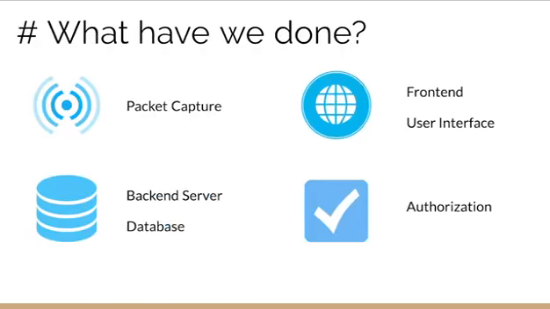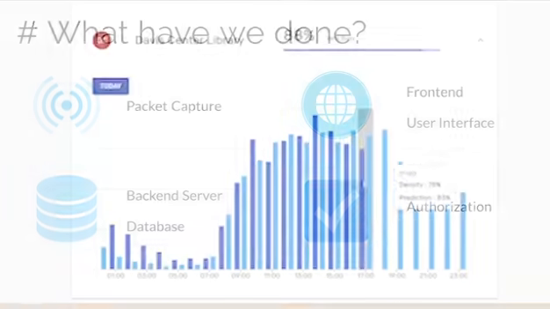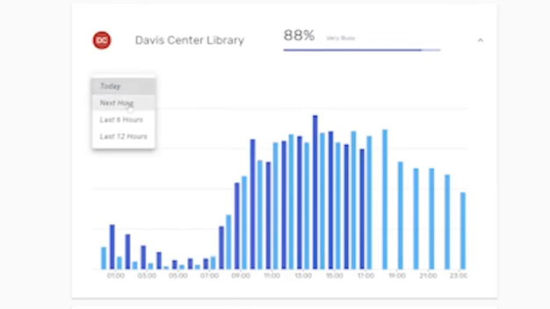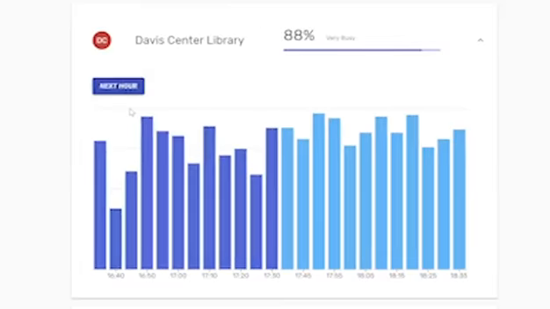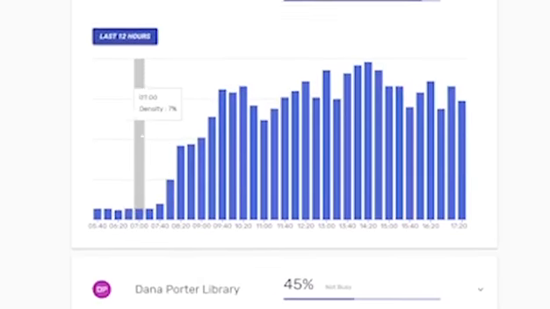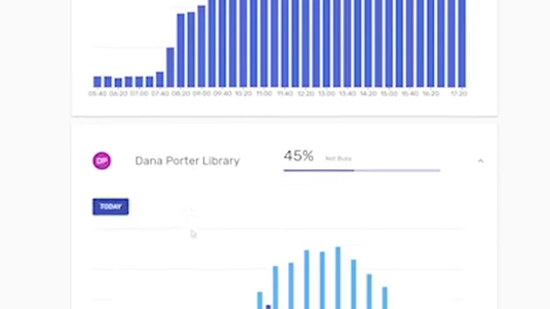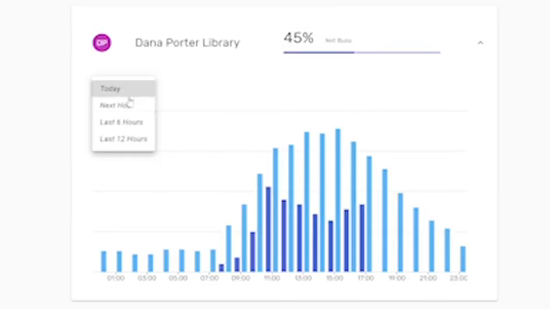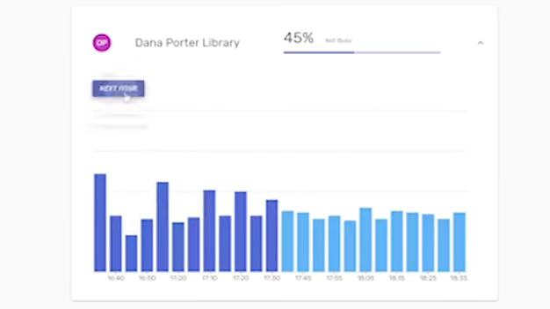We have developed programs to capture packets and convert them into metrics. We also created backend servers to collect data from embedded systems. In addition, we used machine learning algorithms to predict future trends based on historical data. Furthermore, we designed and implemented front-end websites to display the data and obtained authorizations to deploy to devices in DC